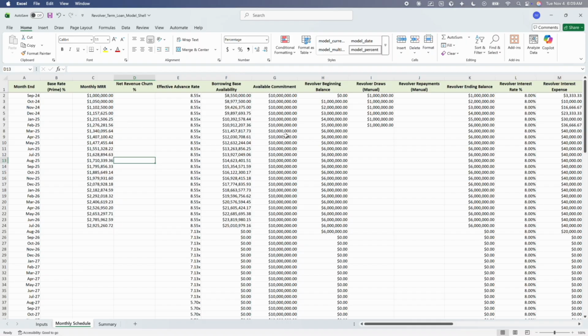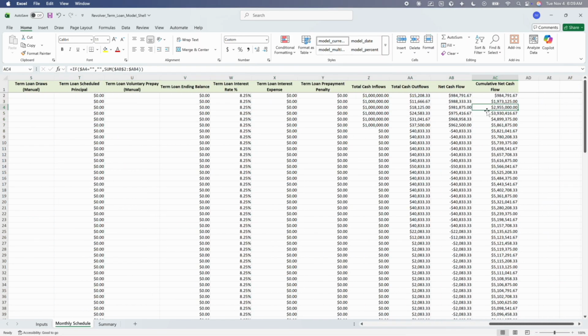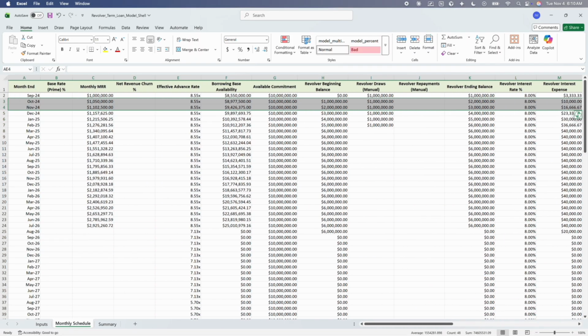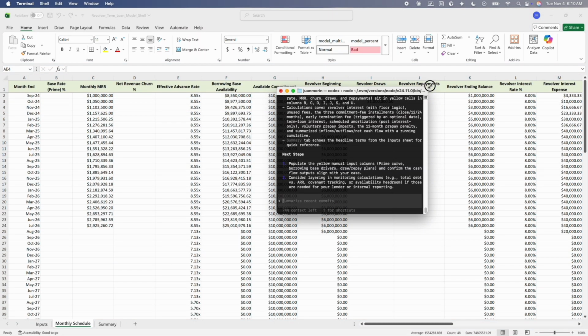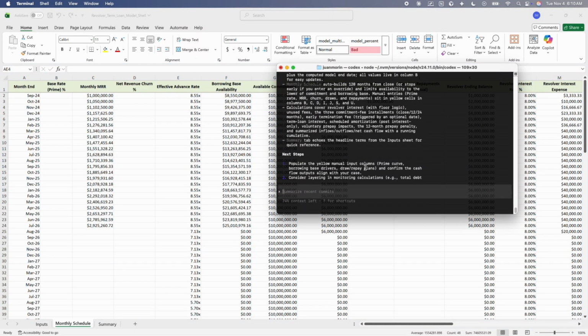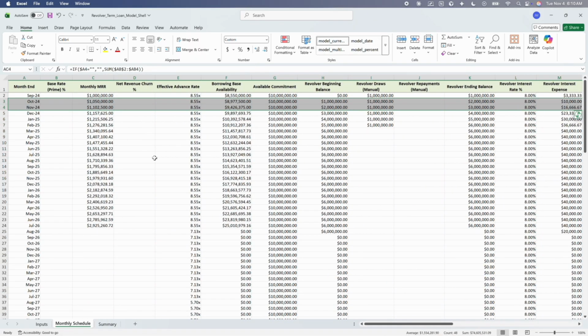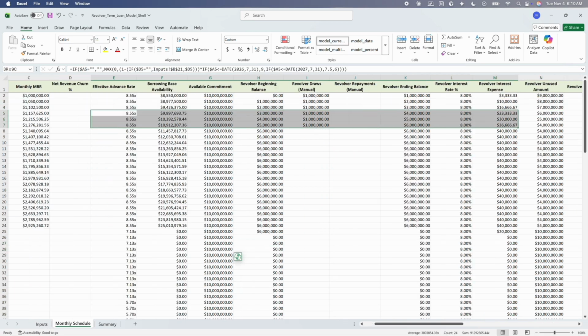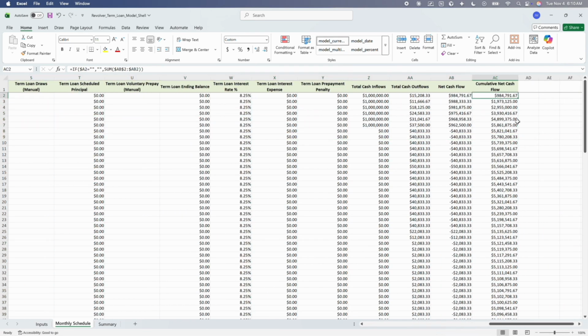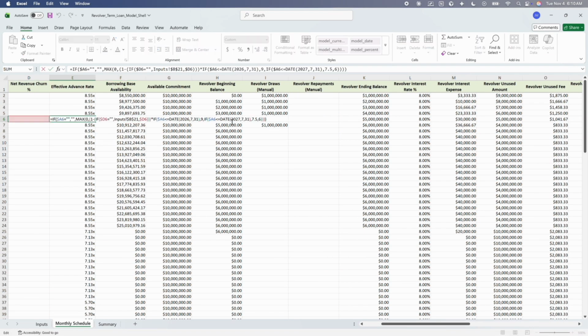And ultimately, you didn't have to build out this model from scratch. This was done again in how long? Let's go look at the timer. 14 minutes. So in 14, 15 minutes, you were able to get a fully functioning model, to go in and double check a few items, but ultimately you have all the formulas built out. And now what you have to do is go in and check. This is the work of a pretty good financial analyst, I would say, using a variety of IFs, referencing the right columns, using MAX. I'll be honest with you, there's a lot of people in finance who don't even know how to use the MIN and MAX formulas. I'll go ahead and include this